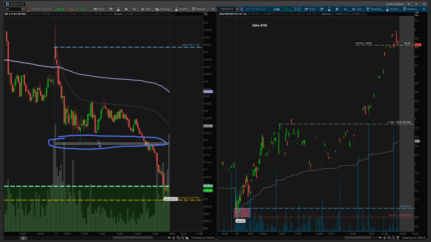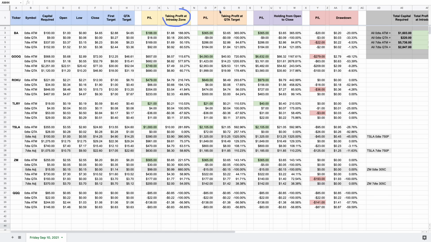So this is a level that we have daily, regardless of Friday's 0-day plays. This is the intraday zone. So if you see anything that says taking profit at the intraday zone, it's here. So it's different from this right here. So in other words, this is the more realistic, the safer target that we would take on any given day. If you're short at the open, we know to just take profit anywhere around this area. So that's the difference between the intraday zone and the QTA target. And then obviously we have the close, and the profit for taking profit at the intraday zone is going to be less because it's a profit target that comes much earlier. It's much safer, and that's the difference that you see on this chart,